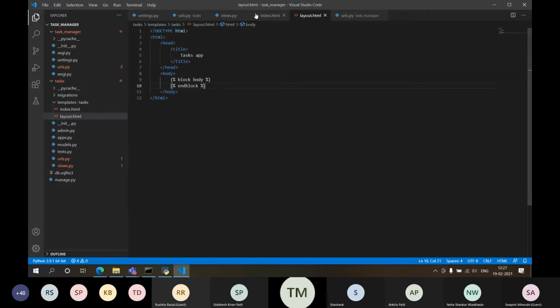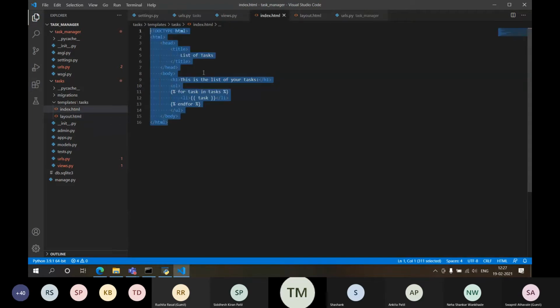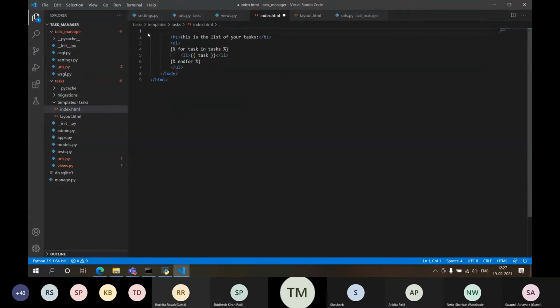Okay, how will I use this layout in this index, right? So just remove all these things because it will come from layout itself. And also here, what I need to do, I need to again include that particular file.